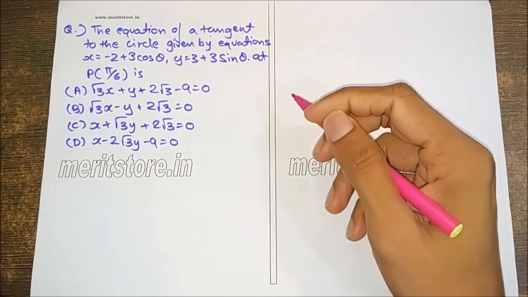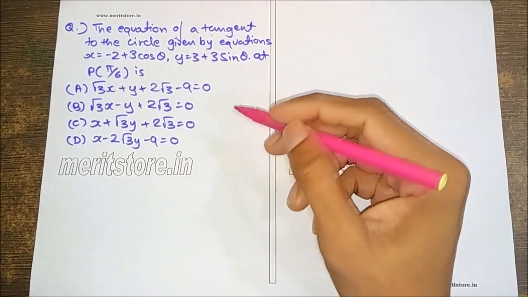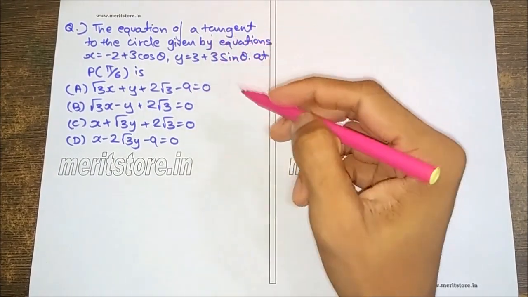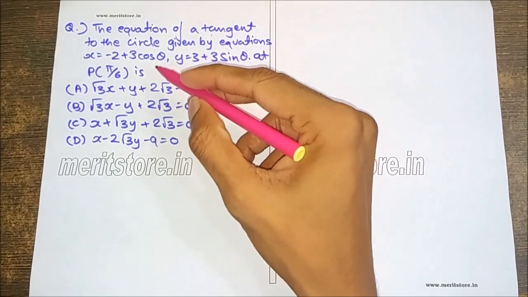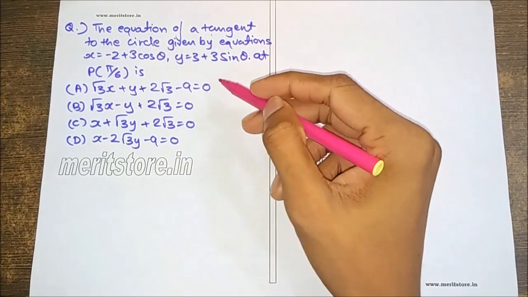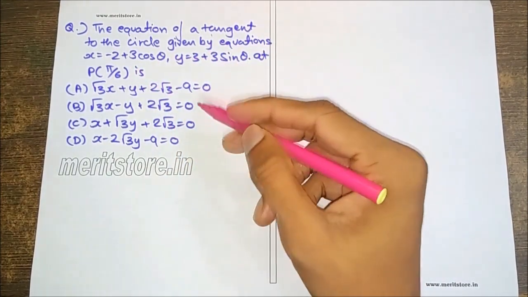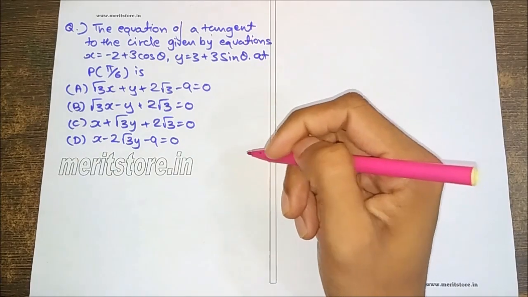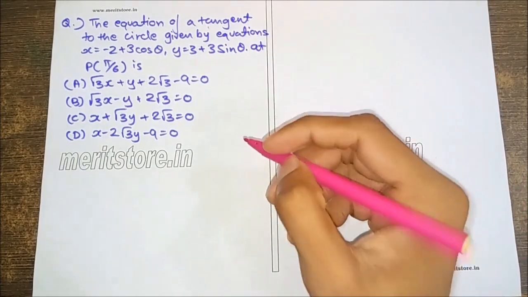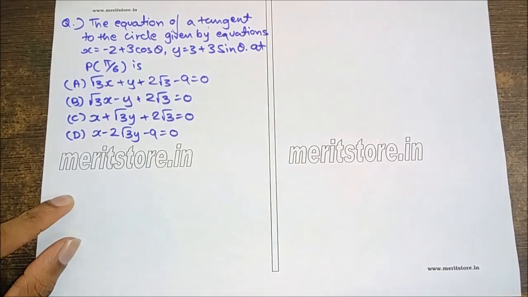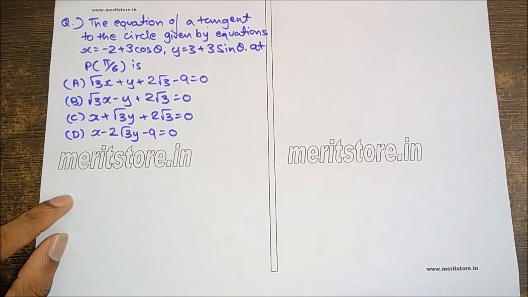Let's see MCQs on circle. The equation of a tangent to the circle given by the equation x is equal to minus 2 plus 3 cos theta, y is equal to 3 plus 3 sin theta at P pi by 6 is, we're given 4 options over here. Given x is equal to minus 2 plus 3 cos theta and y is equal to 3 plus 3 sin theta,